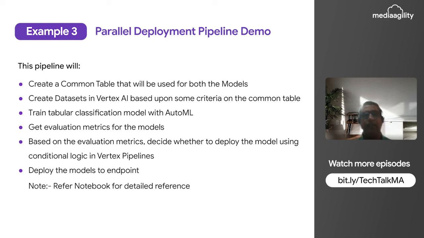Further, we are going to create a view for each of them. After creating the views, we are going to create a tabular dataset, one for each. View one will be used for training model one, and view two will be used to create the dataset that will be used for training model two. So let us take a look at how it works.